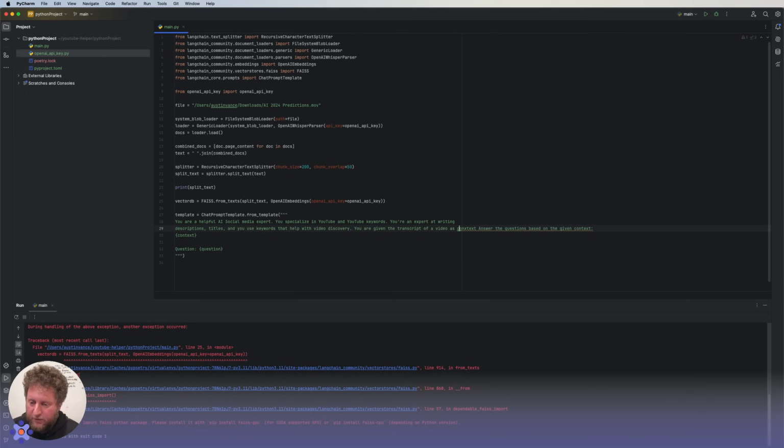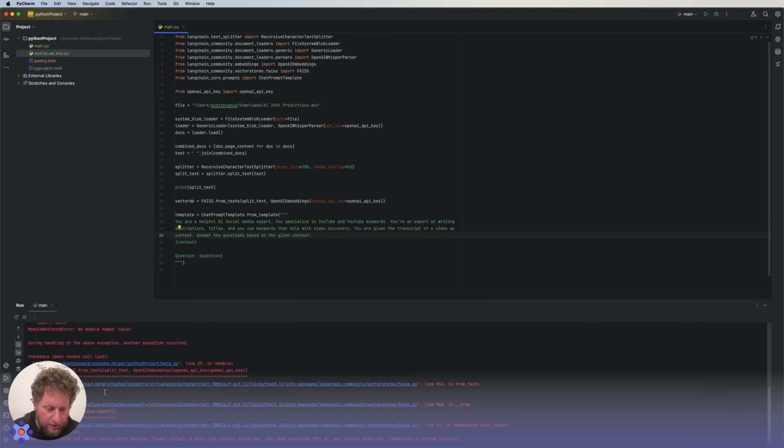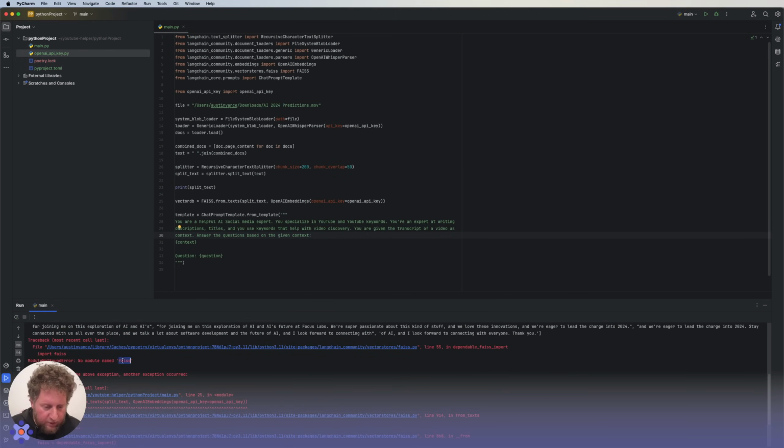Let's break this down again. Context, go ahead and answer the questions based on the following context. I like this kind of thing because it gives it a little bit more help in what it can do. And let's see, we don't have our next dependency.